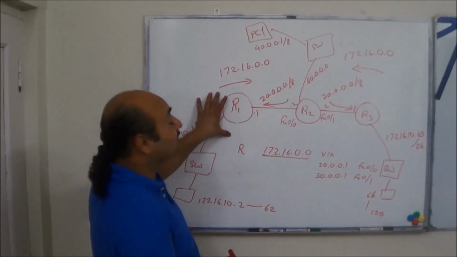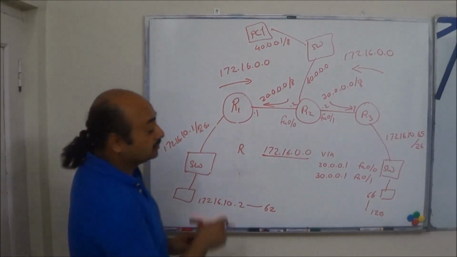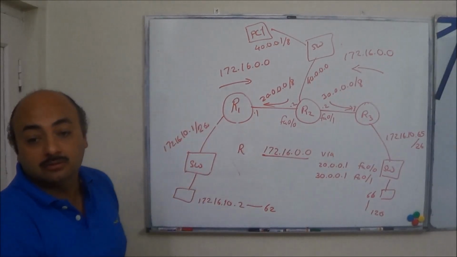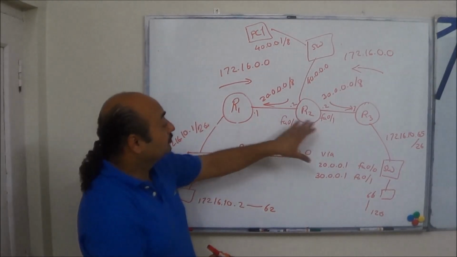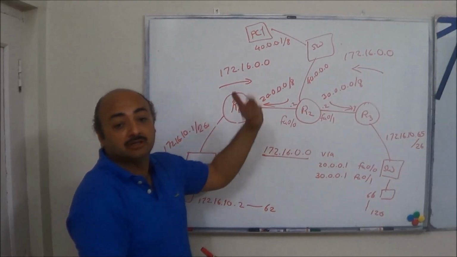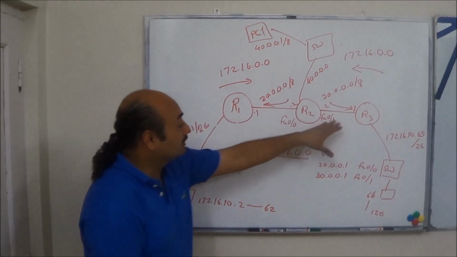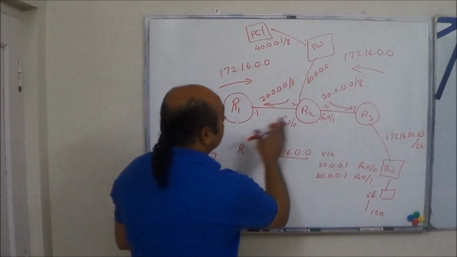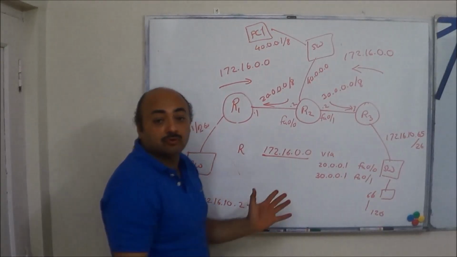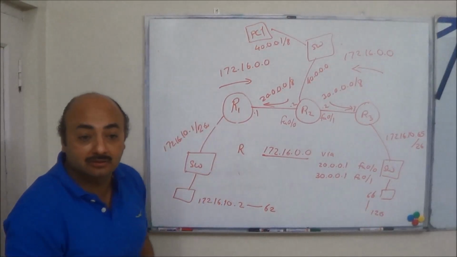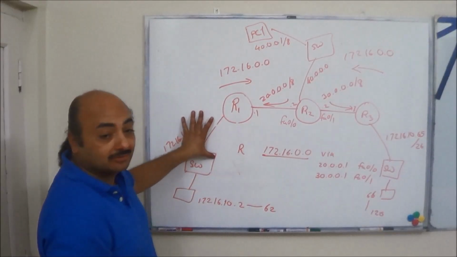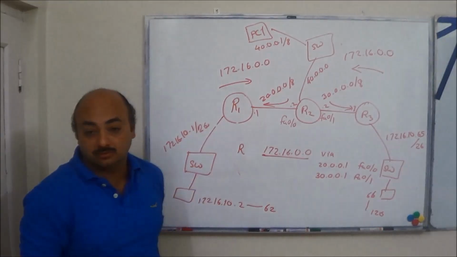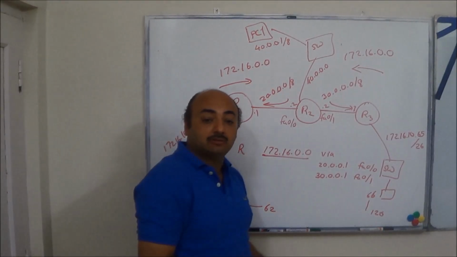So this is known as discontiguous networks, which are networks where the same subnets are spread out, with the difference of 2 different other networks. Had they been together, in the same sequence, and there had been some other networks elsewhere, then it would not have created a problem. That would not have been discontiguous. This is separate from this because they are separated by 2 different networks. That's why we call it discontiguous.